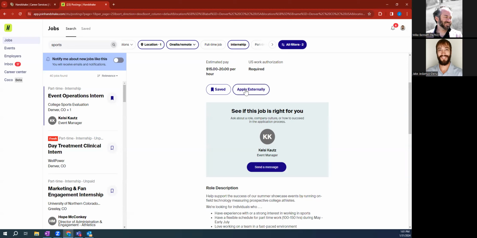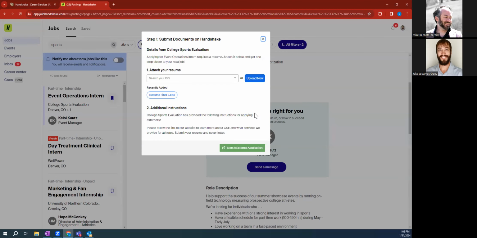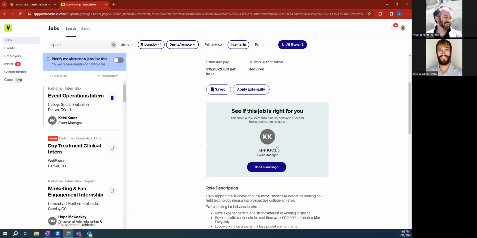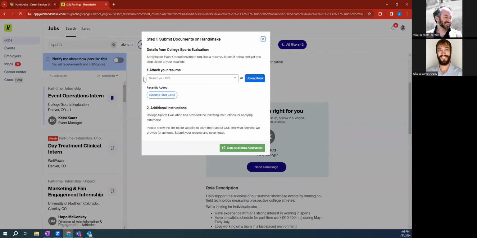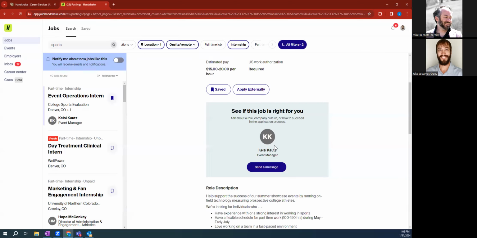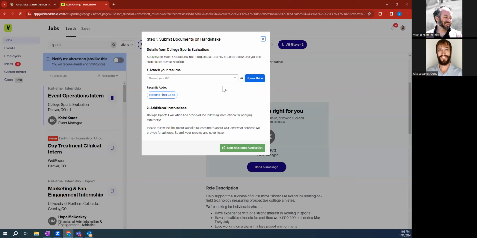If it says apply externally, this is saying, hey, this recruiter posted to Handshake, but they might not monitor Handshake all the time. And they certainly don't want you to apply on Handshake. They want you to click this button. Handshake is going to, right now, this is a little funky. They changed this a little while ago, but right now it's popping this up. So basically what this is saying is I have to click apply externally. I have to apply through Handshake first,